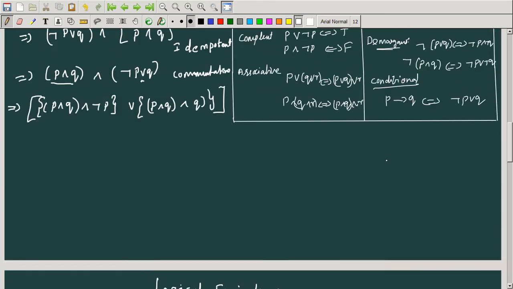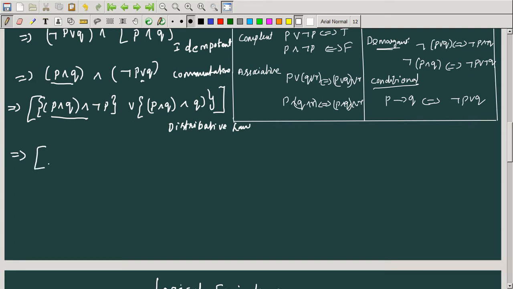Because in each and every slide I have written the same laws for your reference. So here I have used the distributive law. Which law am I using here? The distributive law. So you write it. The law name is very important. After applying the distributive law, for the simplification I'm going to use commutative as well as associative.